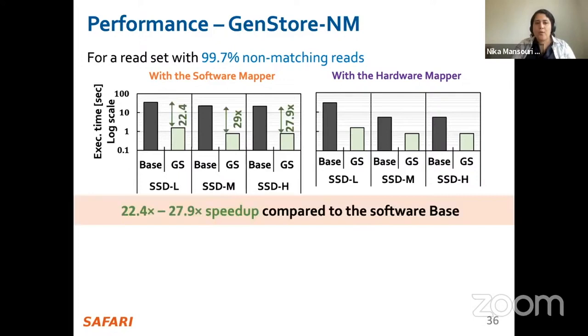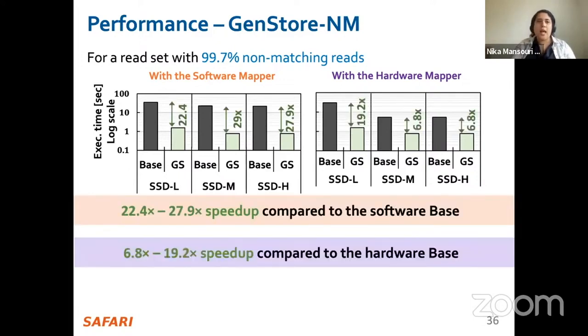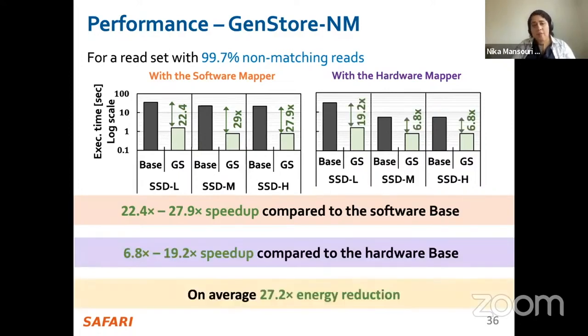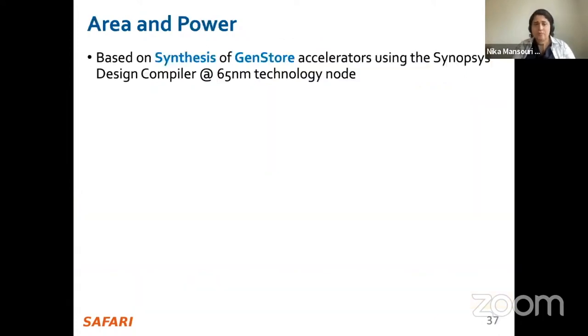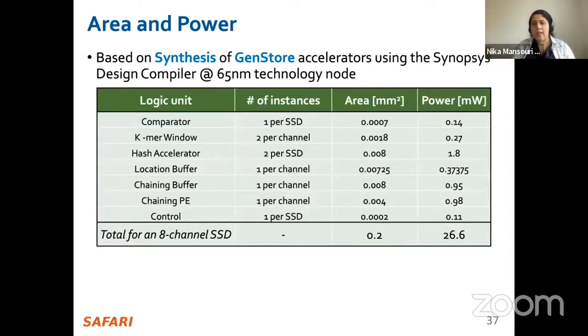And we show up to 27.9 times the speed up compared to the software baseline, and 19.2 times the speed up compared to the hardware baseline, and an average 27.2 times energy reduction. We find the area and power values of GenStore by synthesizing GenStore EM and NM using 65 nanometer technology node, and find that for an 8-channel SSD, the area of GenStore is 0.2 millimeters square, and the power is